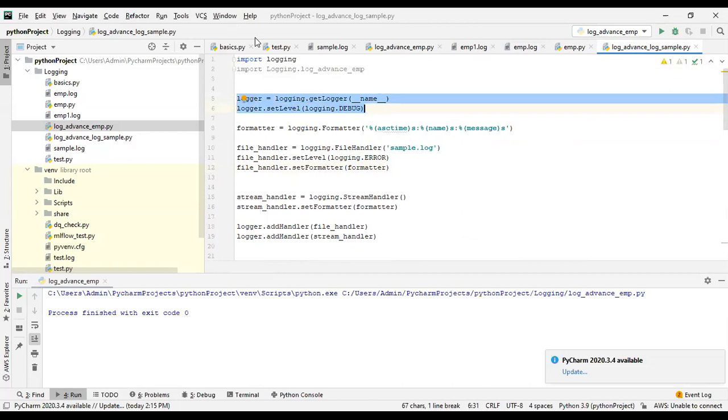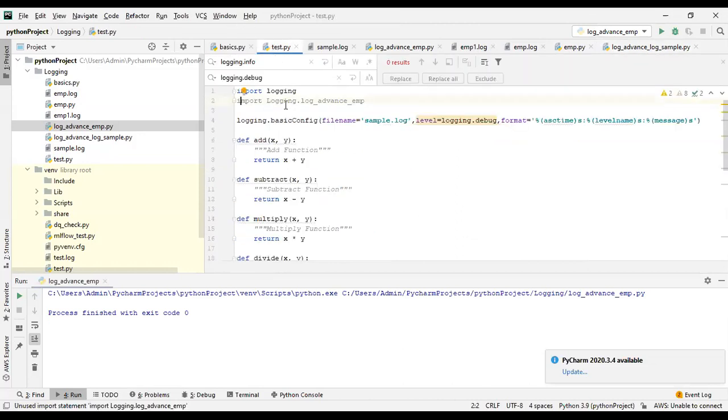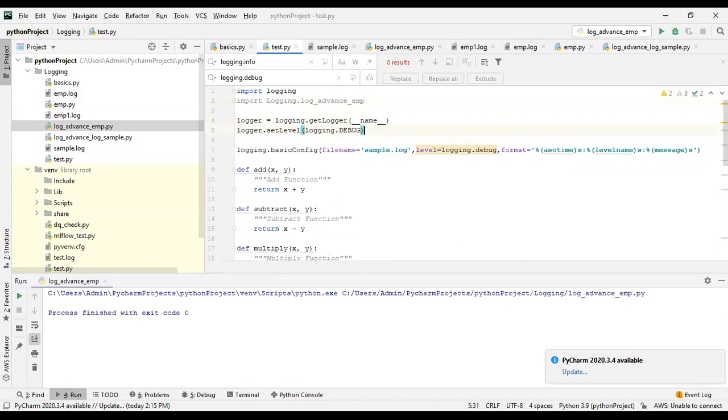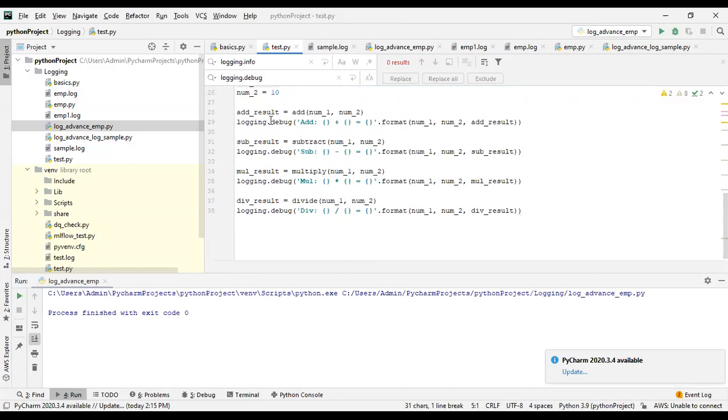So this is my main file now. I want to set the same thing here, logging level to debug. And then I want to change the logging to the logger.